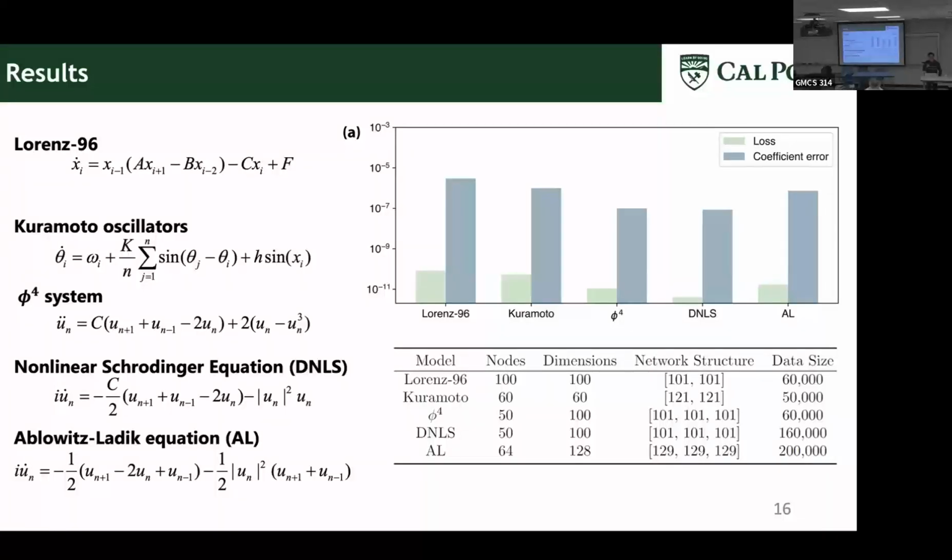Okay, shall I continue? Another thing to highlight here is data size. Most of the SINDy papers you see, people talk about scarce data, so it's probably a few hundred points or a few thousand points. But here we use much more data, just to show that this algorithm here can handle big data situations. The reason for that is because we use mini batch training, so the data size really doesn't matter too much.